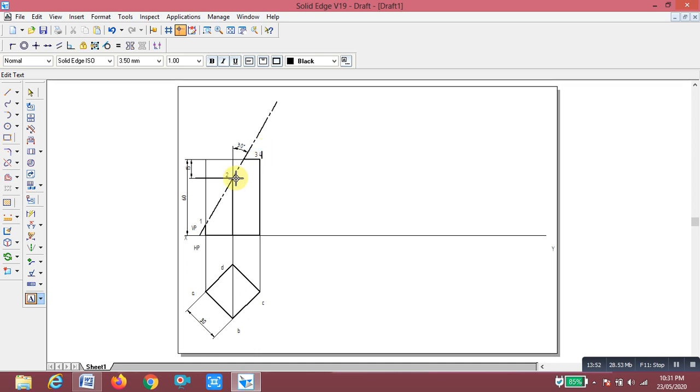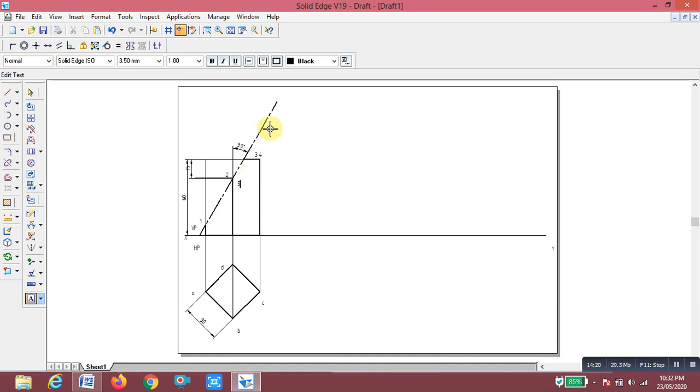So totally there are 4 edges: this is 1, 2, this is 3, and here it cuts the edge, this distance is 4. It cuts the two edges 3 and 4 at this point.